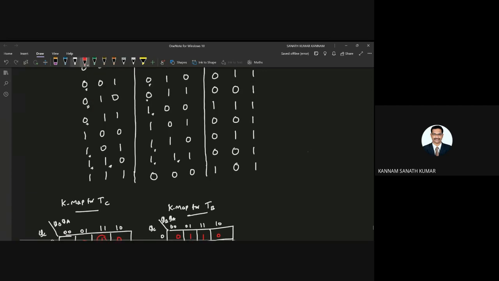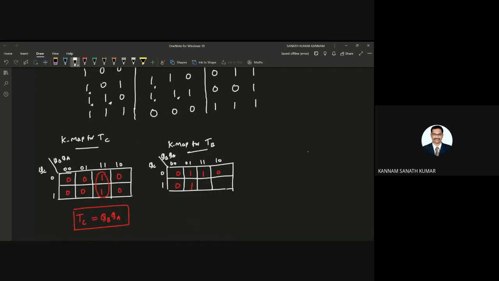I think here you will get 1. Here you will get 1. 1 0 is how much? 1 0 is 1. Here you will get 1. So 0 1 0 1. This makes one quad. So TB equal to what? Here 1 is common. So 1 is nothing but you can write as QA. TB equal to QA.